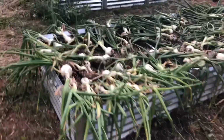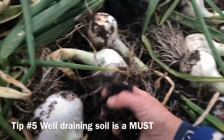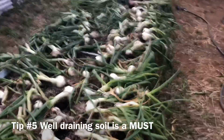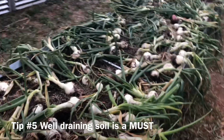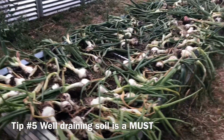One of the other things that I want to mention is our soil. It's very well drained soil. We actually have some perlite in there that helps with the drainage, and that's pretty important because you don't want the beds to stay super soggy. You want to keep them consistently moist, but you don't want them soggy. Soggy can cause the bulbs to rot, obviously,